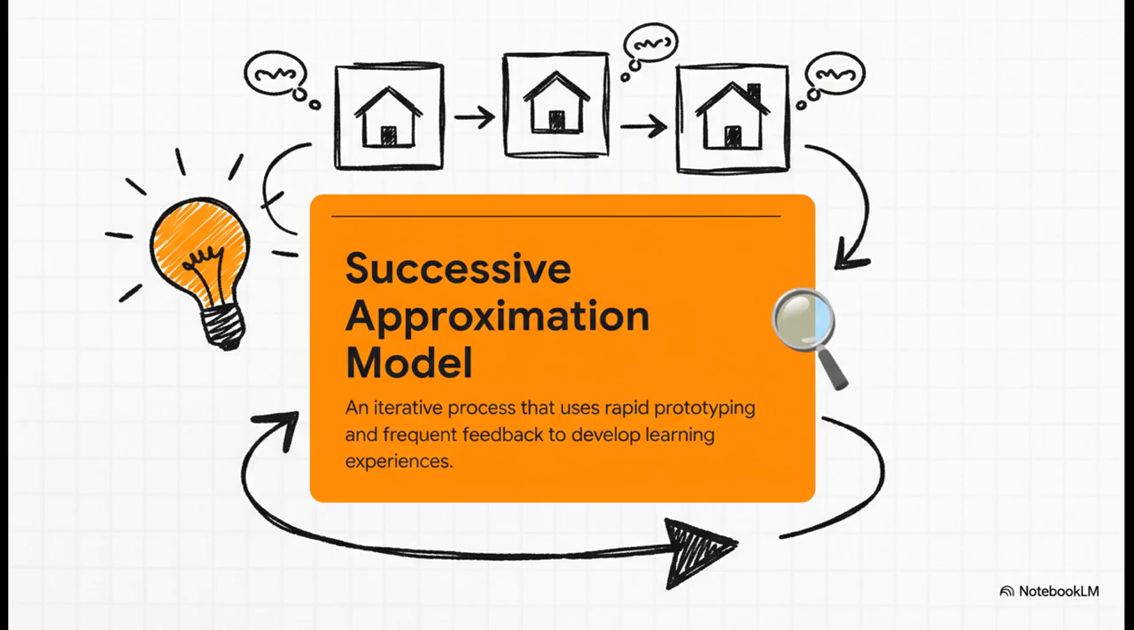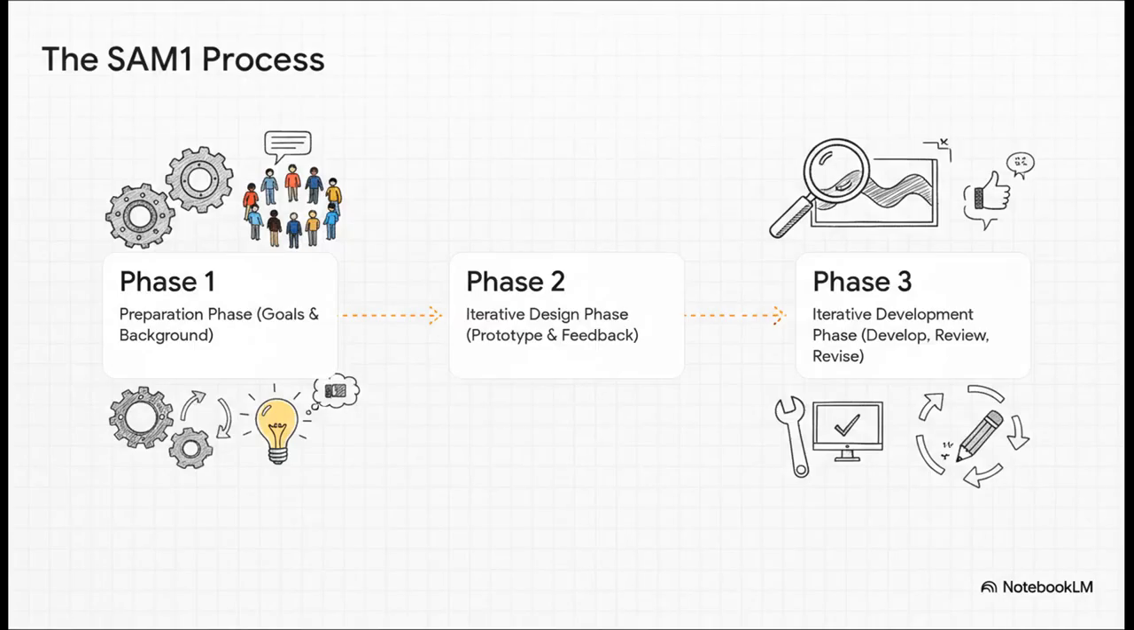It is all about creating rough prototypes, fast, getting immediate feedback from people, and then iterating on it. The philosophy is so simple: fail fast, learn faster, and just build a better version each and every time. The basic version, which is called SAM 1, moves through 3 phases. You start with a preparation phase just to get everyone on the same page. Then, you dive into this iterative design phase where you're just creating and testing rough prototypes. And finally, you move to iterative development, where you build, review, and revise the actual product in cycles, over and